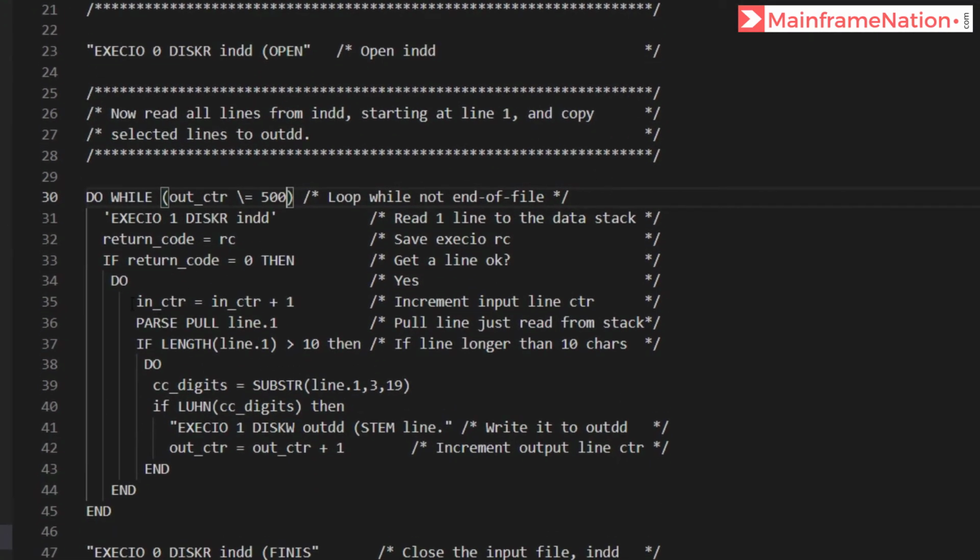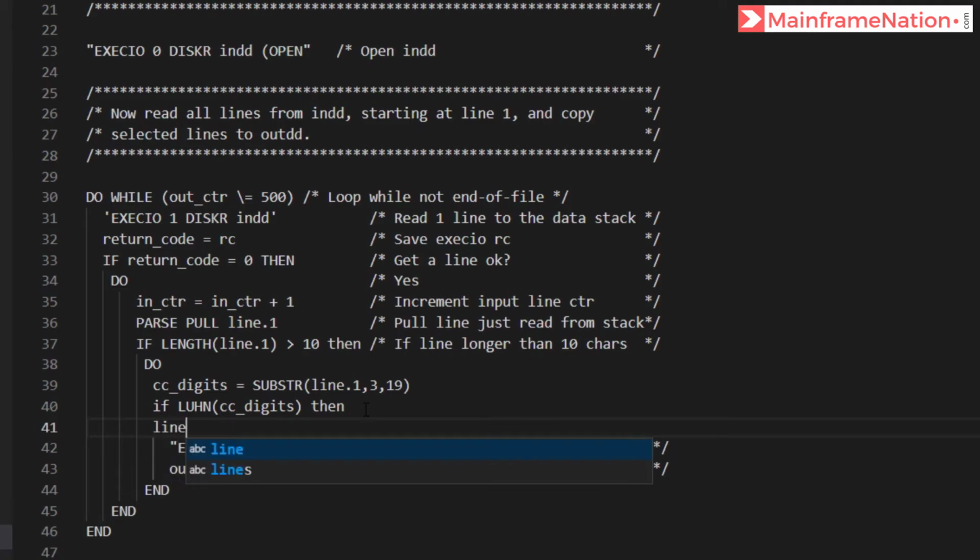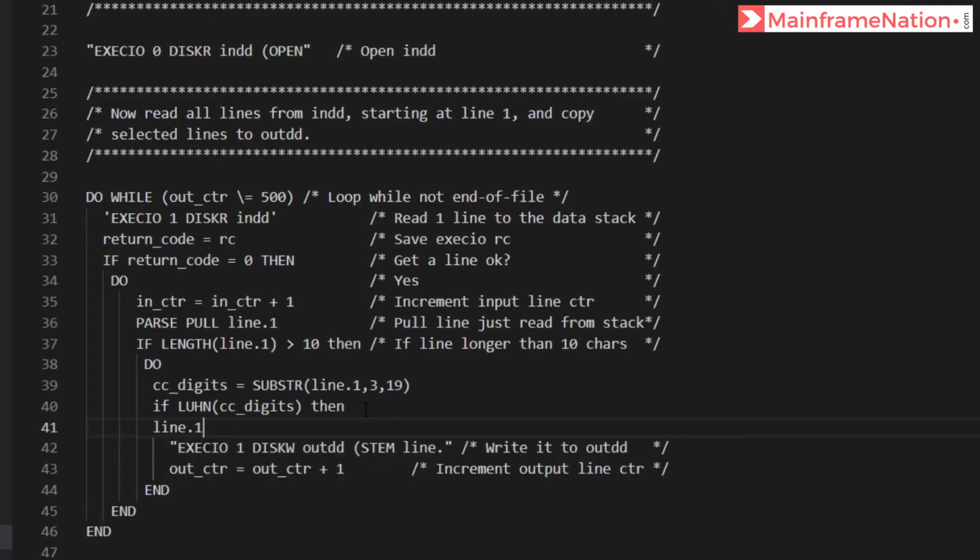Then we can put this code, that is, it will first read one line from the input file, then it will check the return code, then it will read one line from that file, then it will check cc digits. If the cc digits are correct, then it will write into the file. But before writing, we will change this to line 1 is equal to cc digits.